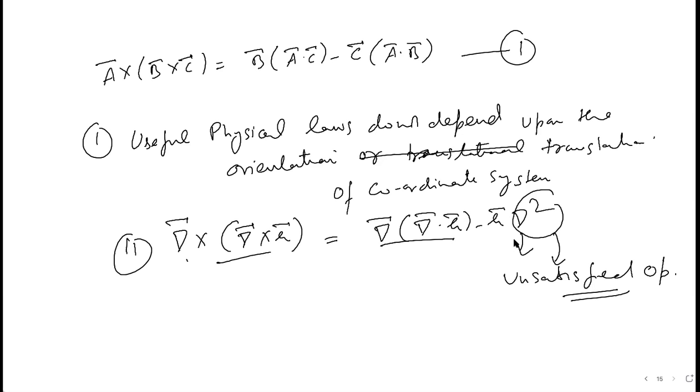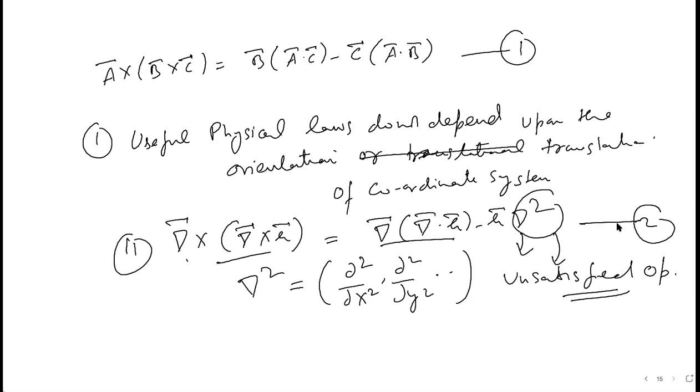This could be a vector on the extreme left hand side, but this is still a hungry operator sitting here with a grad square, right? Because you know that grad square is again an operator, which has 3 components, del 2 by del x2, del 2 by del y2, and so on. So this is still a hungry operator. So what is wrong with this? Can anyone point that out?